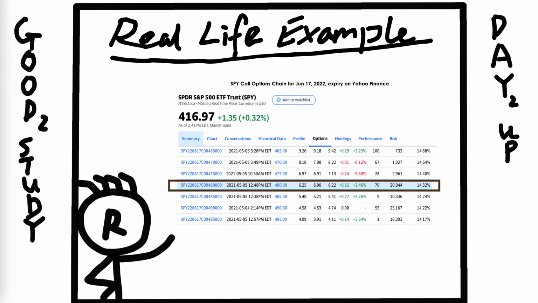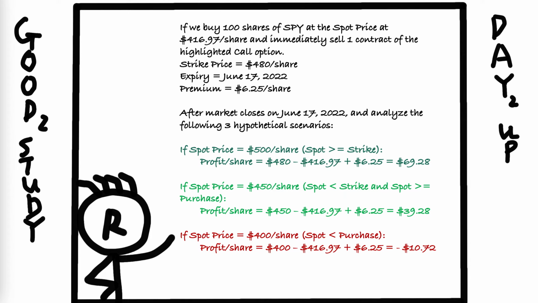Now it's time for a real-life example. This is a screenshot that I took from Yahoo Finance. It shows the spot price for SPY and its chain of call options. SPY is an ETF that tracks the S&P 500 index. As we can see, the highlighted call option has an expiry date of June 17, 2022, a strike price of $480, and a premium of $6.25. If we buy 100 shares of SPY at the spot price and immediately sell one contract of the highlighted call option,